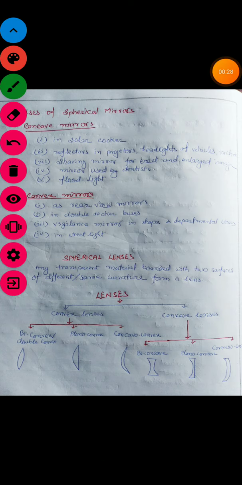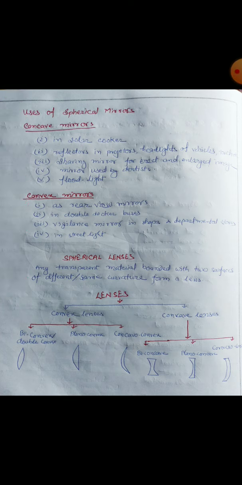And today, in this video, we are going to discuss the lenses and the image formed by lens. Dear students, today we will discuss the lenses. First of all, we will discuss that spherical lenses are of two types, and these are concave lens and convex lens. Students, if we see, we can categorize convex lenses into three categories, and these are